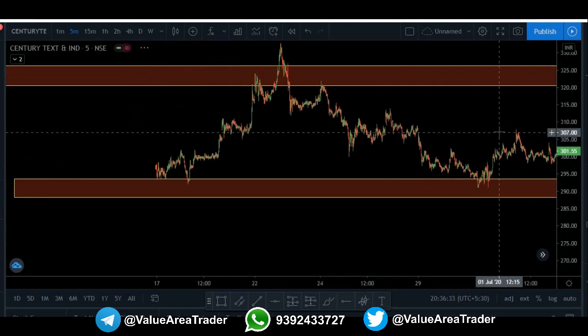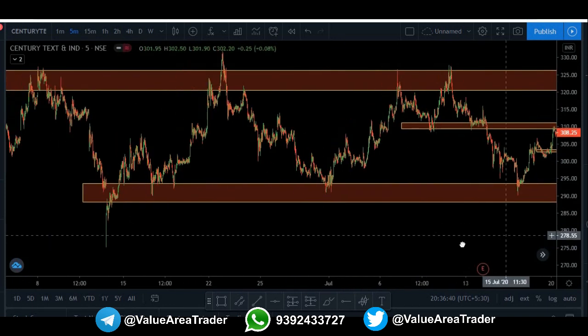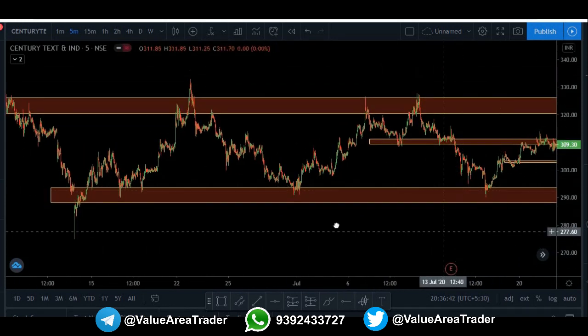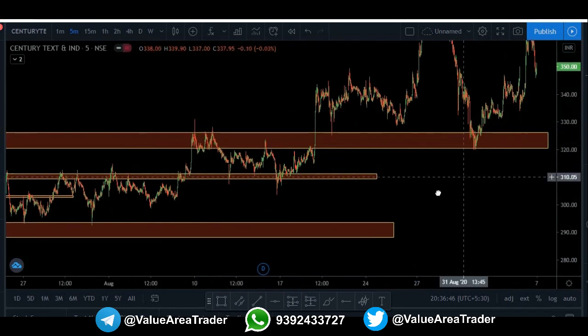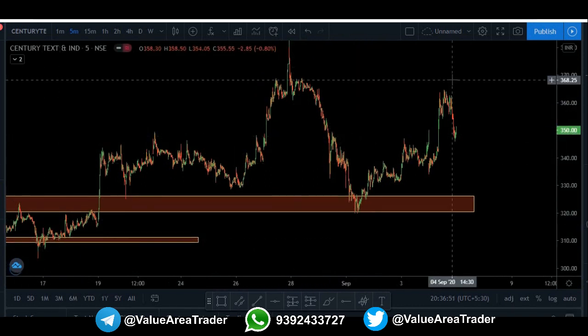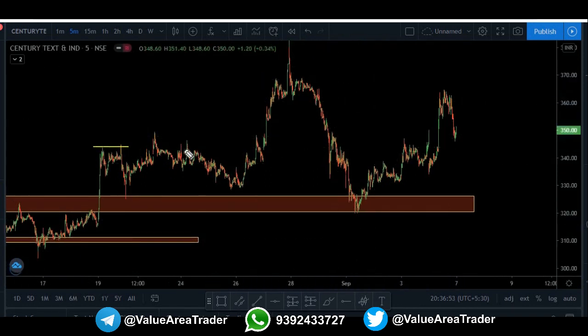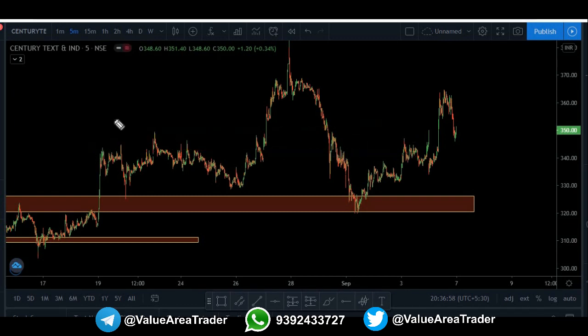Okay, so this was an easy chart, that is CenturyTex, because the price was very normally moving inside the demand and supply. You might get complicated charts, but it would be easy once you do more and more practice. So after you see this video, I would ask you to go back to your naked chart, remove all the indicators that you have, and then start building your demand and supply zones. Okay, and then you go into your intraday time frame and check if it can really help you or not.